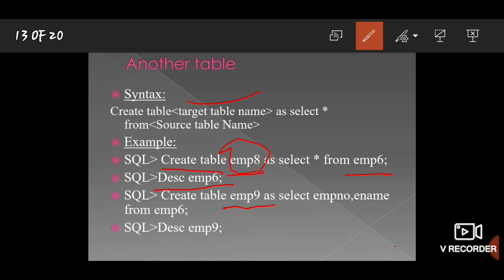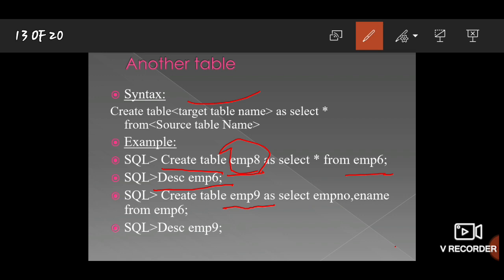Here I wanted to create another table, the third table, another shortcut. There is no need of writing again all the syntax that we had written for creating a table. Firstly we had created the employee 6 table, right? There is no need of taking all the syntax that we had written in employee 6. This is the easiest way, right?